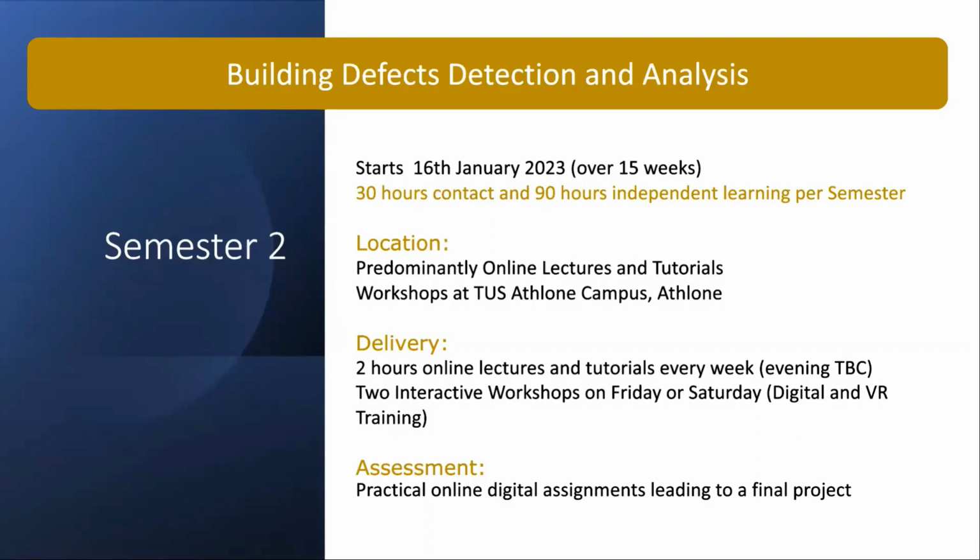So again, it's continuous assessment, practical online digital assignments leading to a final project. And this final project is based mainly around the digital aspects of it, how you're using them, and how you would use them in real life in your day-to-day work life. So I've already mentioned this module is run in both courses, and a VR educational tool is being developed to support detection of defects in a cottage. This is what